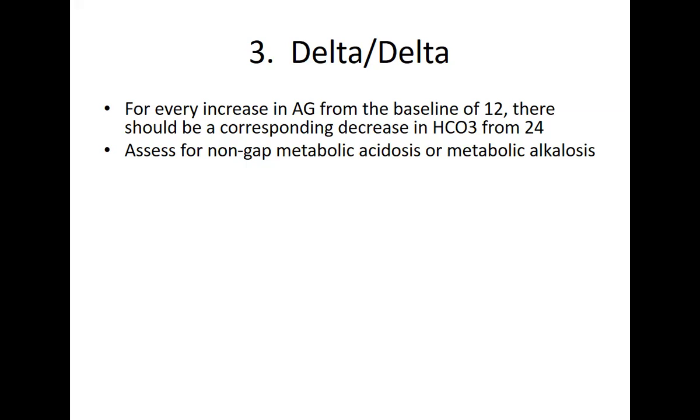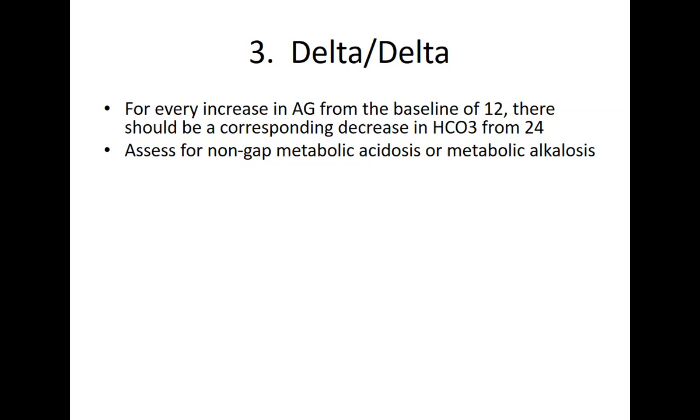For every change in my gap, there will be a corresponding change in the bicarb. So if my gap goes up by 10, my bicarb will go down by 10, right? A normal gap is 12. So if my gap is 22, it's gone up by 10, my bicarb will drop by 10. It goes from 24 to 14. Always start with that. If your bicarb has changed by more, there's something else pulling that bicarb down further, like